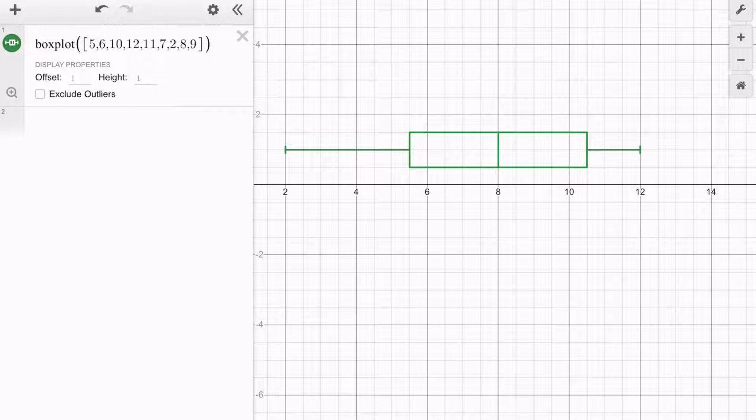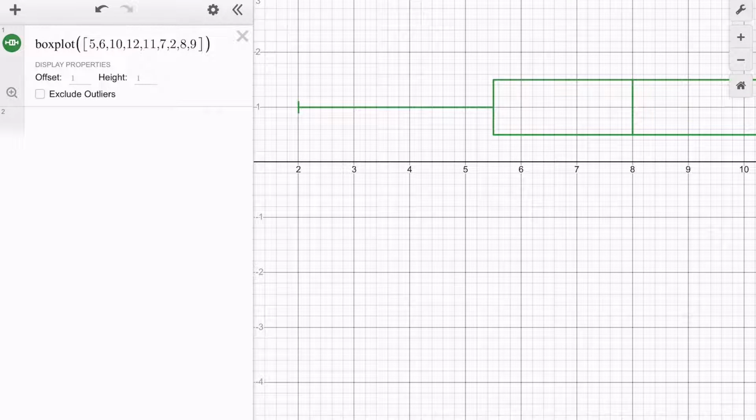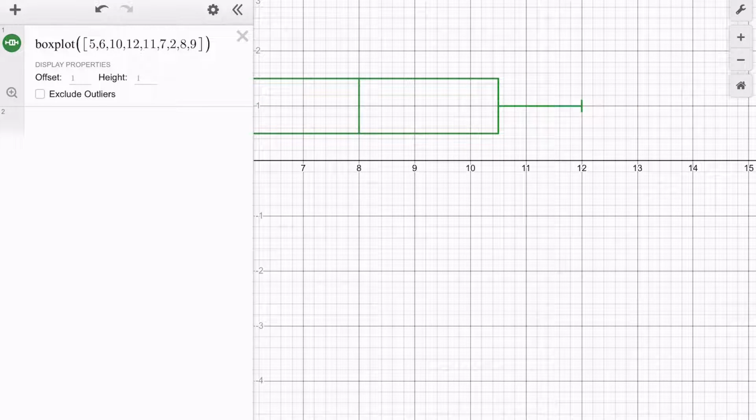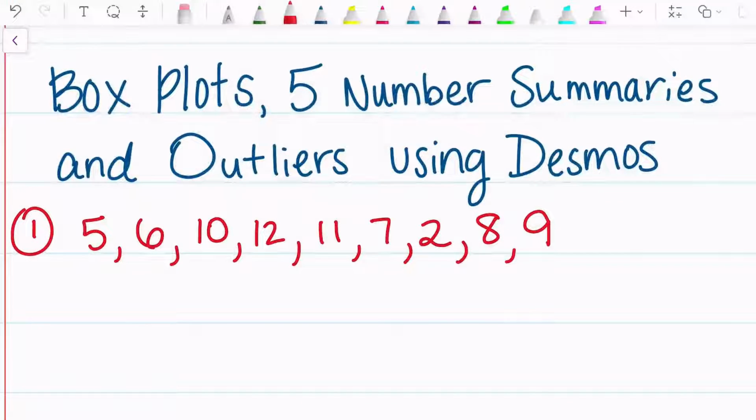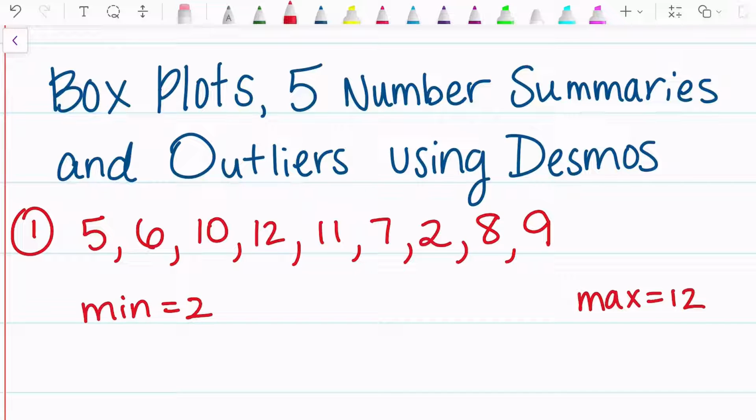All right, so now looking at the box, the first number is my minimum. The last number is my maximum. So I've got 2 and 12. So my minimum is 2 and my max is 12, which we could find just by looking at our data set. The next thing that we're going to have from our 5-number summary is Q1,